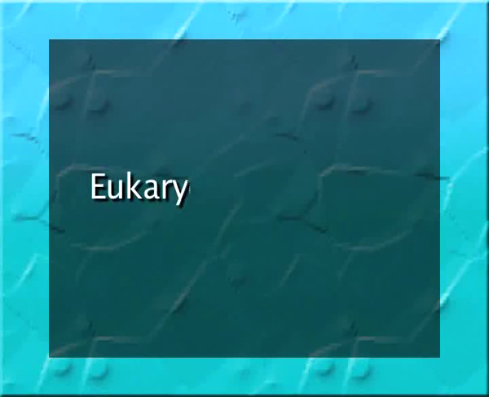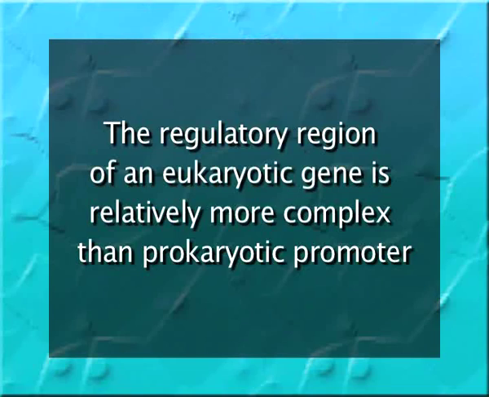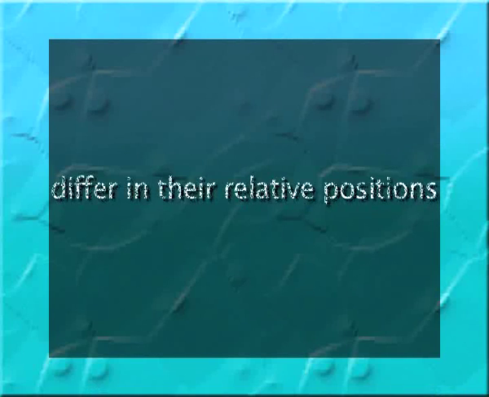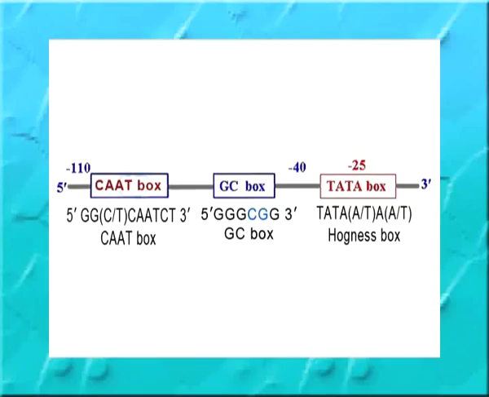Now, we will discuss eukaryotic promoter. The regulatory region of a eukaryotic gene is relatively more complex than a prokaryotic promoter. The 2 basic regions in eukaryotic and prokaryotic promoters are similar in structure but differ in their relative position. The first region, known as the recognition region, is similar to the -35 region of prokaryotic promoter and is known as